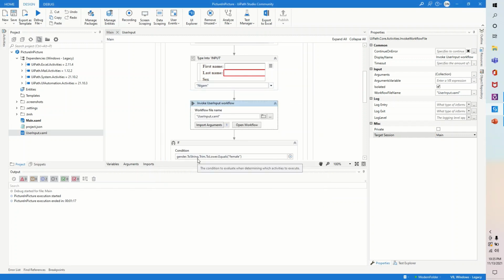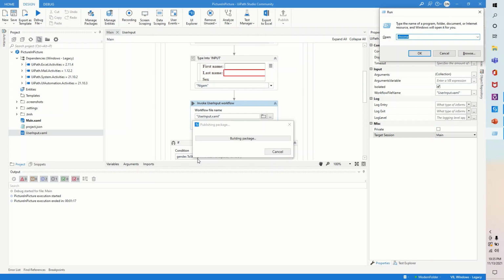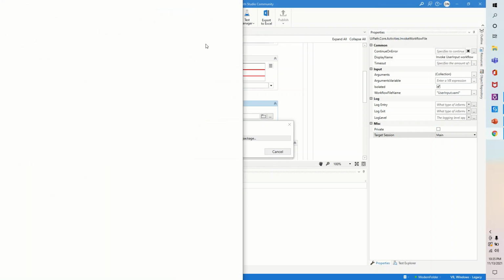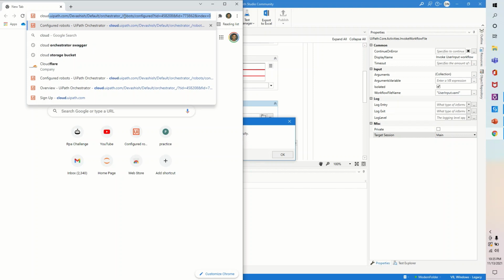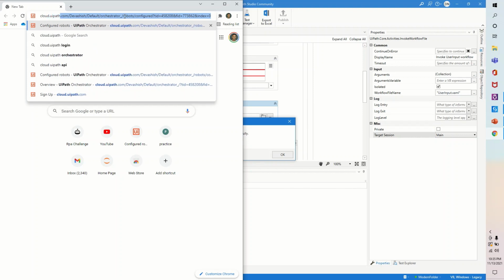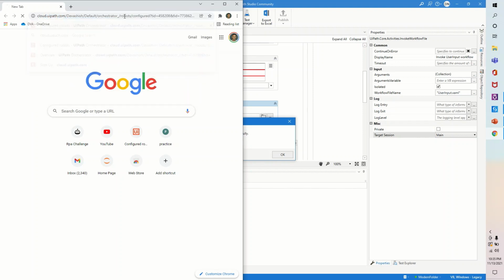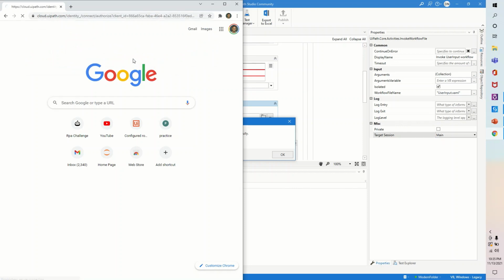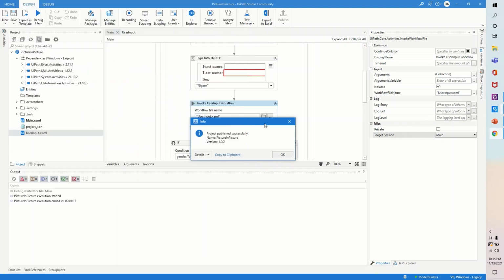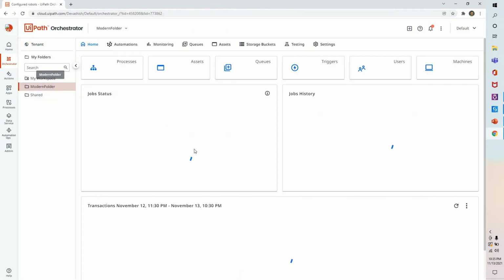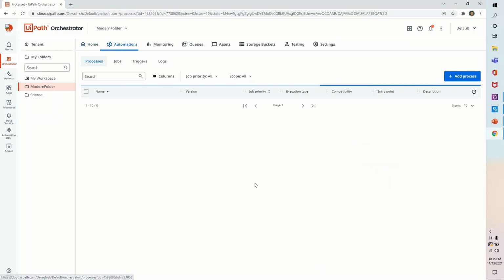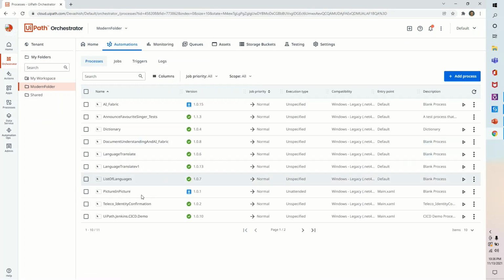Let me open, I'm going to the orchestrator. The package has been successfully published. Picture in picture, it's 1.01. I'll say,